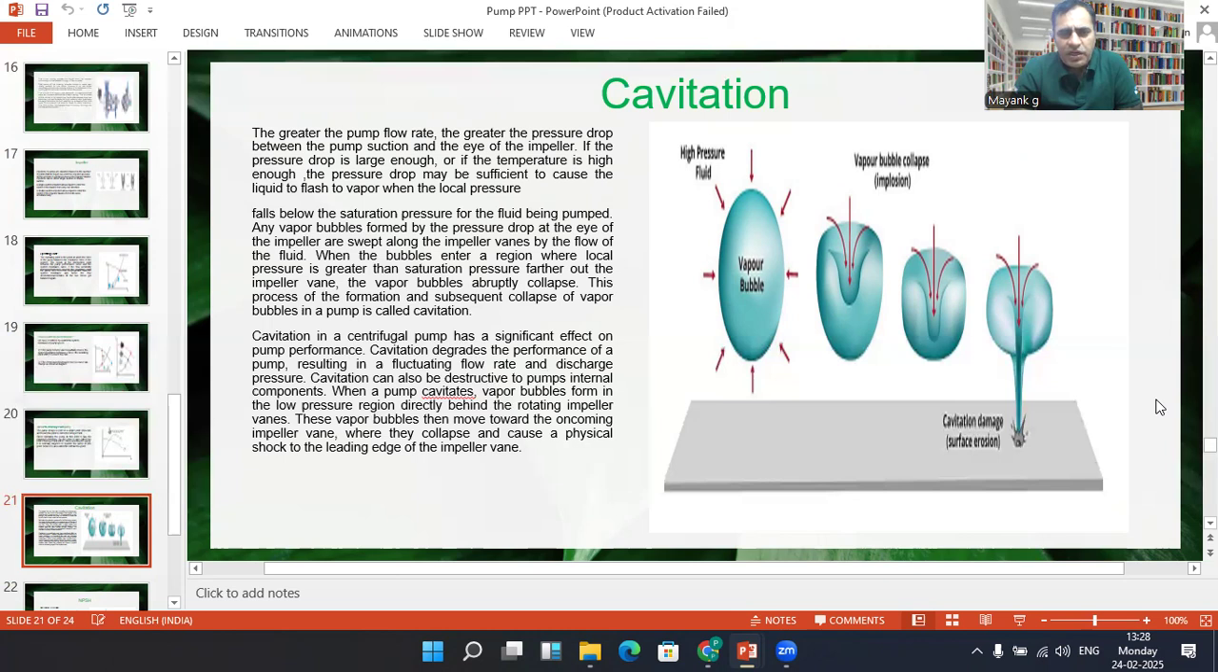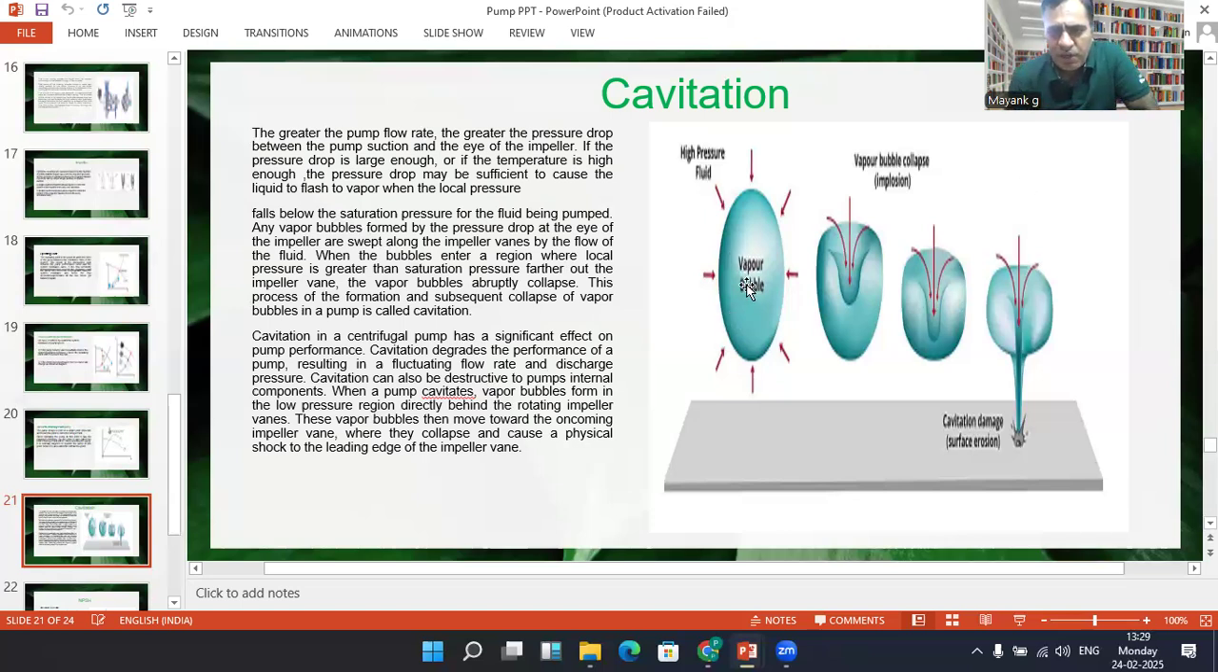When the bubble enters the region where the local pressure is greater than the saturation pressure, farther along the impeller vanes, the vapor bubbles abruptly collapse. This formation and subsequent collapse of the vapor bubble is called cavitation. As you can see,